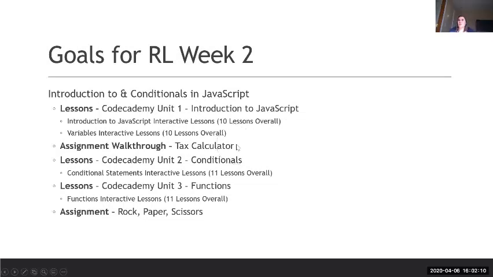There's going to be an assignment walkthrough called the tax calculator coming in just the next couple days. I got to record the video, but I have it created and ready to roll. And then you're going to have second unit of conditionals, which has about 11 lessons overall inside of Codecademy. And then unit 3 on functions, which has 11 lessons. And then at that point, you should be able to make a rock, paper, scissors game online for people to